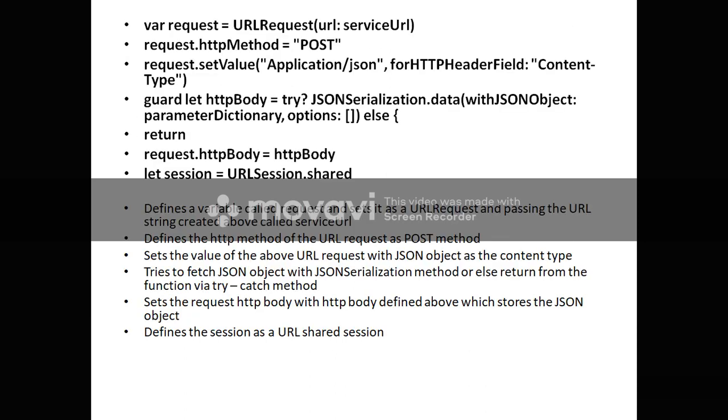Finally, we define a variable in the above code called request and set it as a URL request, passing the URL string created above called service URL. Next, we define the HTTP method of the URL request as the post method, then set the value of the above URL request with JSON object as the